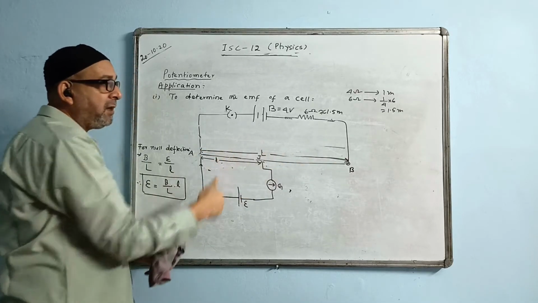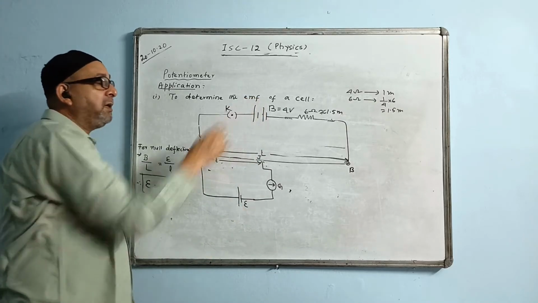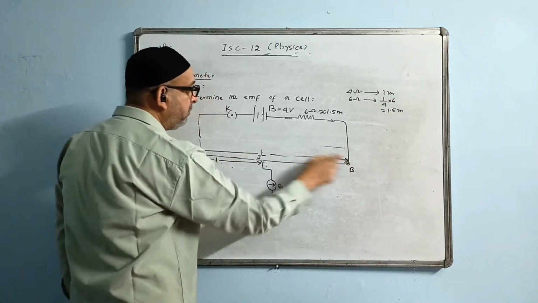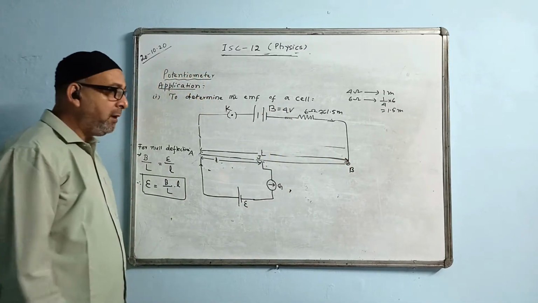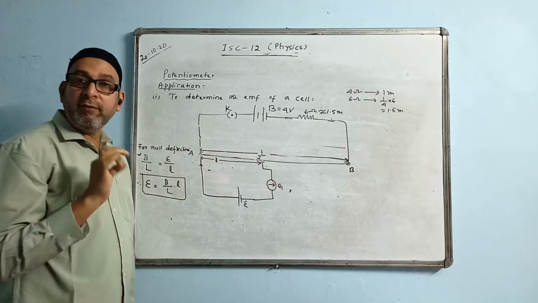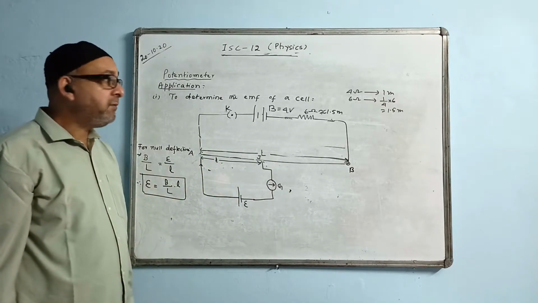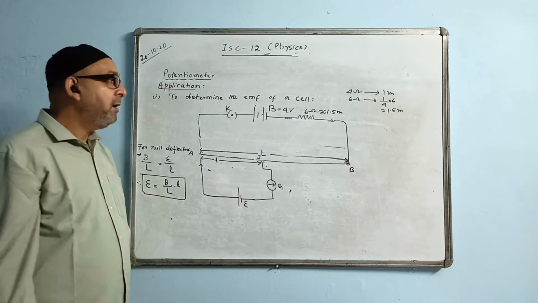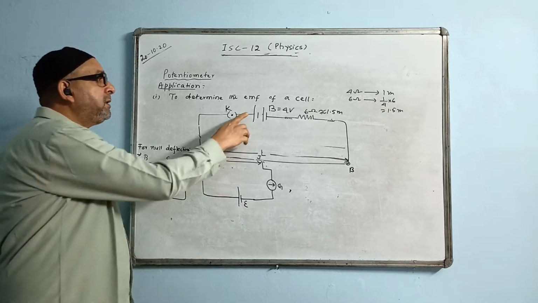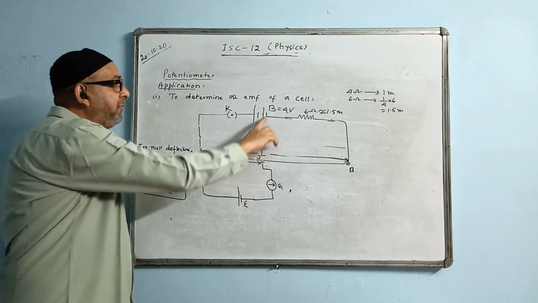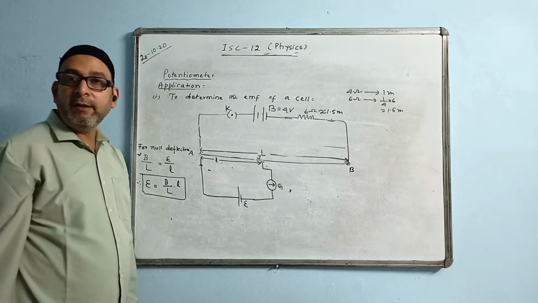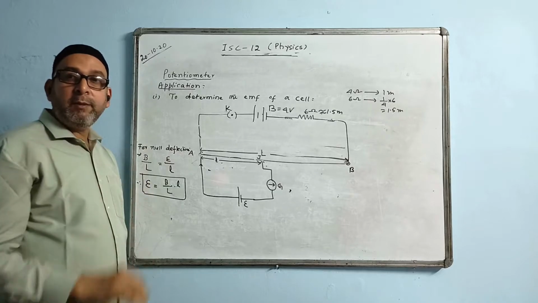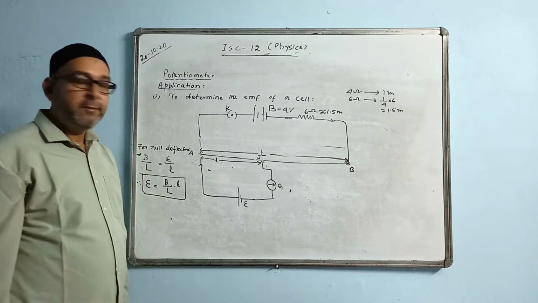It will be somewhere on this side. That means this EMF has to be less than this EMF. At the most it can be equal. When we touch it here, this potential gradient and that potential gradient are equal, which means the two EMFs are the same. At the most it can be equal, but this value can never be less than the value of this one. That is one thing you have to note down. And secondly, the positive terminal should be connected to the positive terminal, and the negative terminal must be connected to the negative terminal. These two things you must remember and you must check in the circuit.